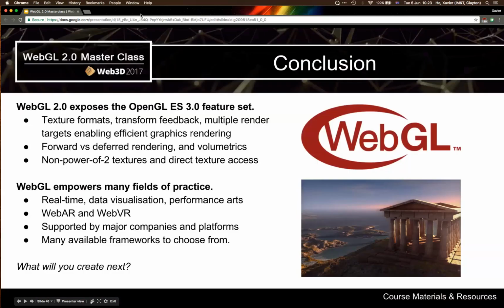So in conclusion, WebGL 2.0 exposes the OpenGL ES 3.0 feature set, right? You get more texture support, transform feedback, multiple draw buffers, or multiple render targets, to enable efficient graphics rendering. It's really all about a lot of the optimizations that you can do and the techniques that you can finally pursue with these optimizations. We talked a bit about forward versus deferred rendering. We talked about volumetrics, geometry instancing,